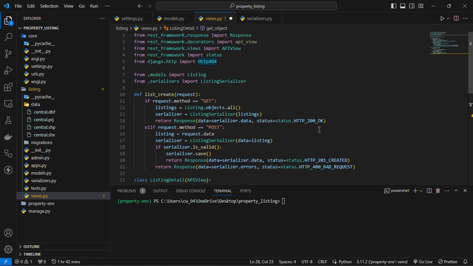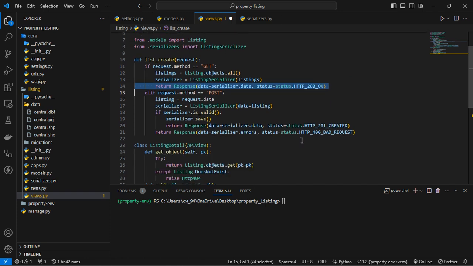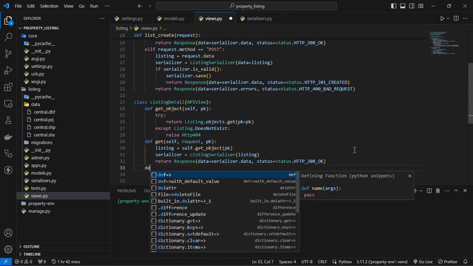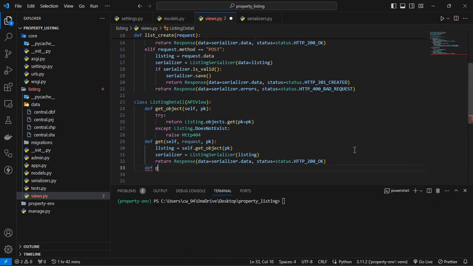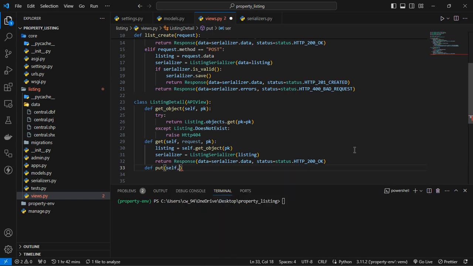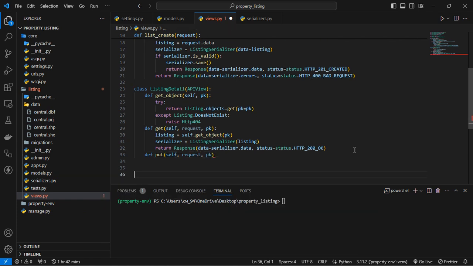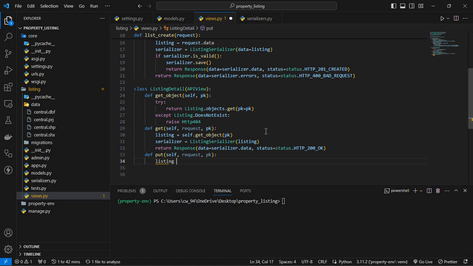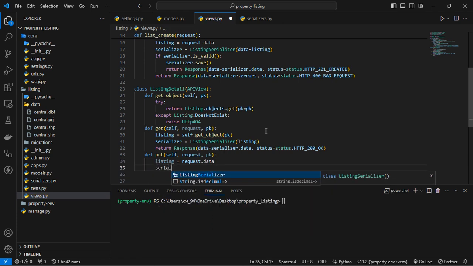All right, I'll just copy this, paste it right there. Then let's have a push request, right? And then we can grab the listing from the request. So just gonna grab it from the data, and then we can serialize it,